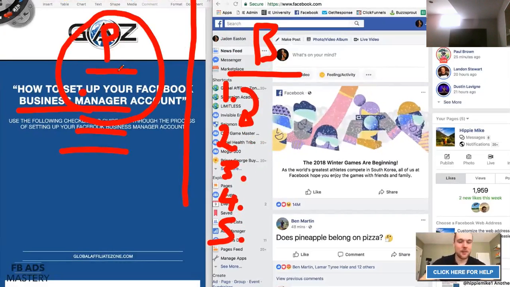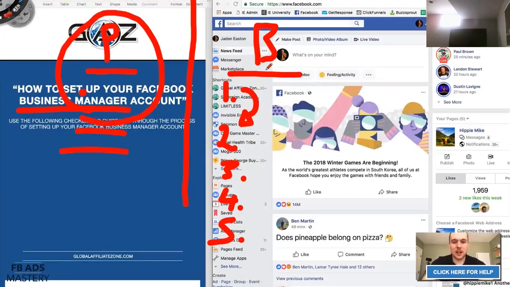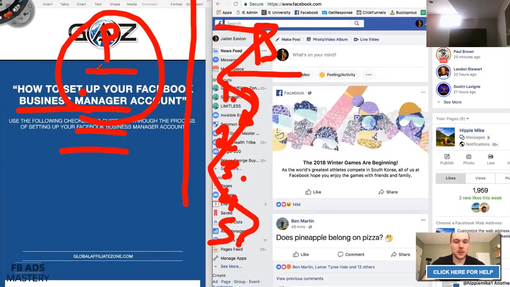So if this did get flagged and you're like, oh, now let's transition to the business account, a lot of times you can't do that because Facebook actually just limits your ability to use its whole advertising platform in general. So that's why it's important we do the groundwork first on this business manager account, and we really won't touch this personal ad account unless it's like a very last resort. Unless all your ad accounts get shut down, that's the only time I would suggest actually using this account.